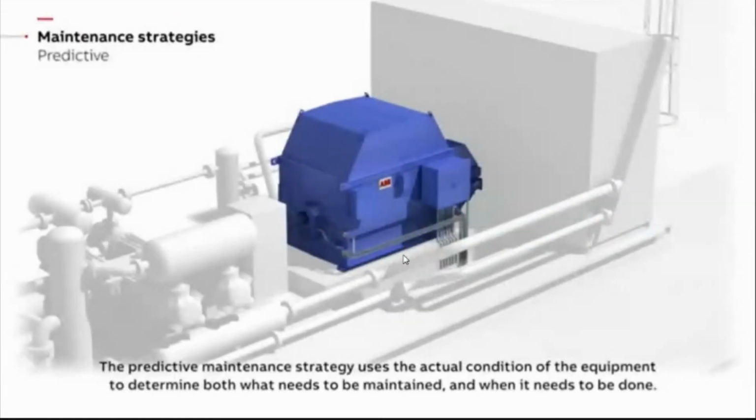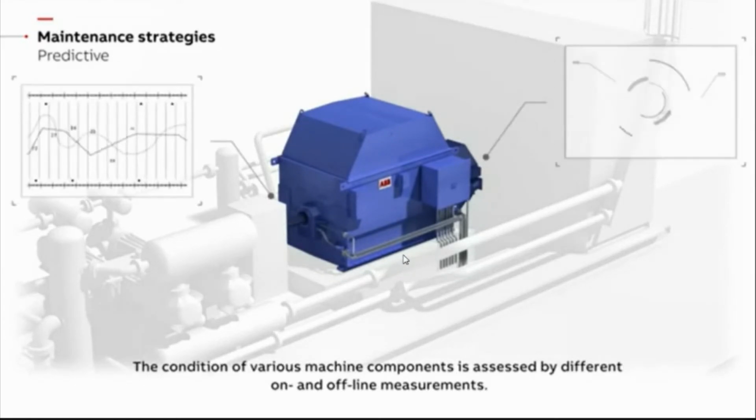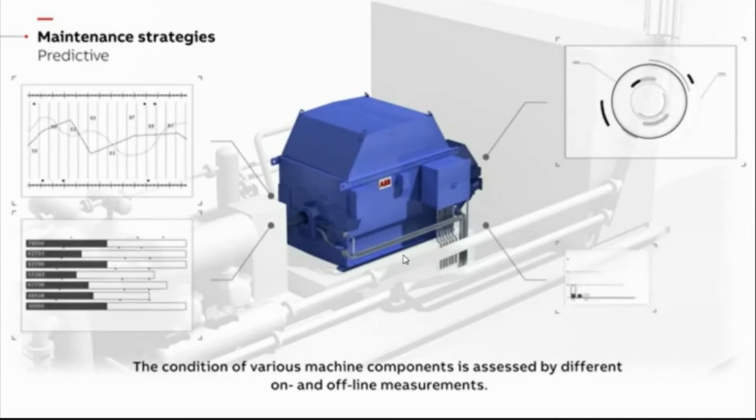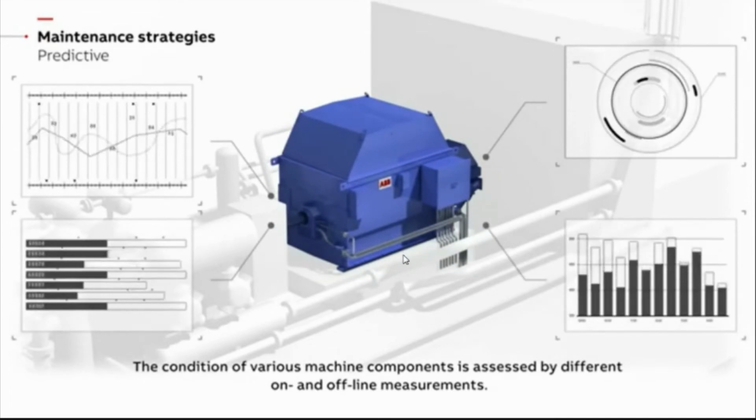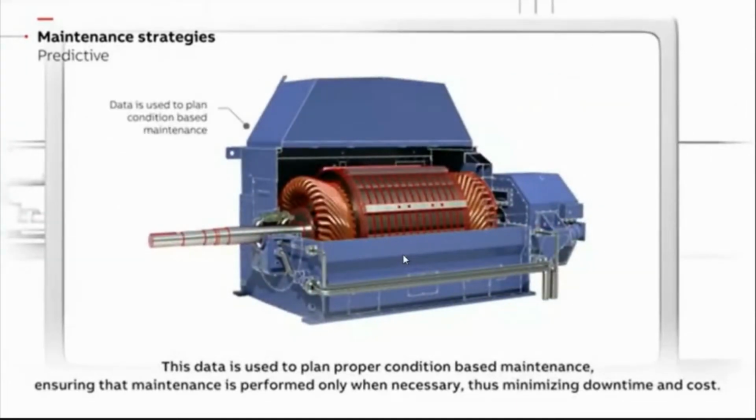The predictive maintenance strategy uses the actual condition of the equipment to determine both what needs to be maintained and when it needs to be done. The condition of various machine components is assessed by different on- and offline measurements. This data is used to plan proper condition-based maintenance, ensuring that maintenance is performed only when necessary, thus minimizing